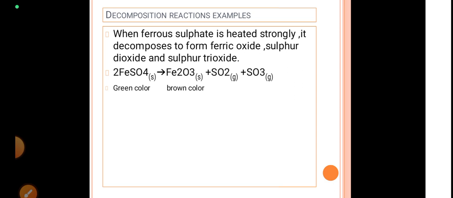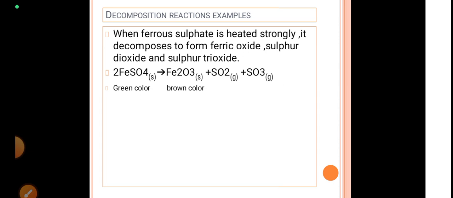Ferrous sulfate, FeSO4, when it is heated strongly, it decomposes to form ferric oxide, sulfur dioxide and sulfur trioxide. So here we can observe that there is a single reactant, ferrous sulfate, which is green in color, and this on oxidation gives rise to ferric oxide, which turns brown color, and also the formation of two gases, that is sulfur dioxide